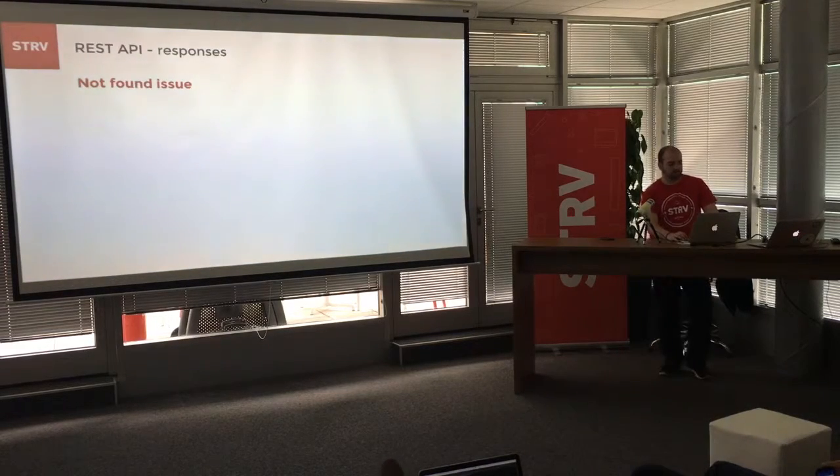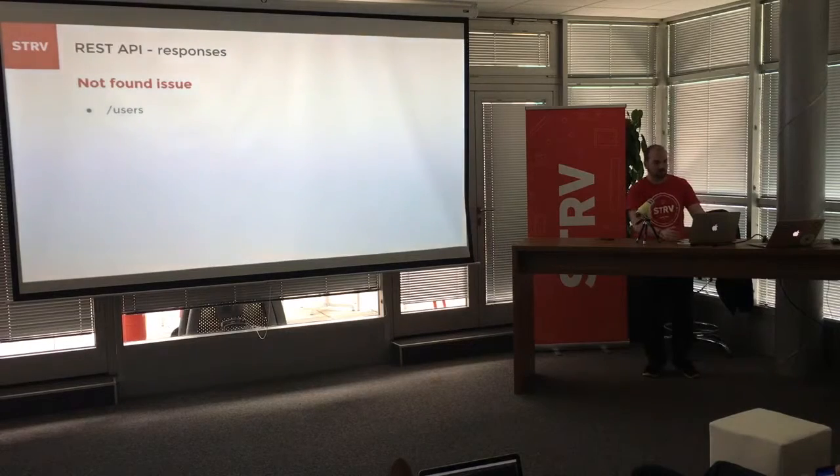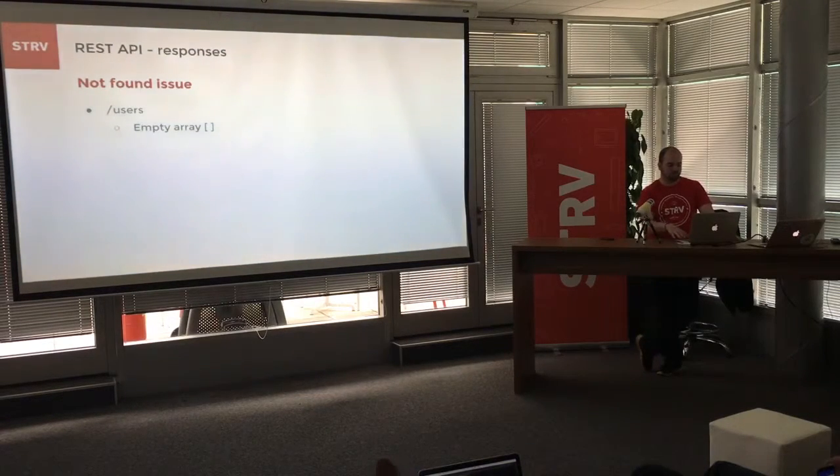Okay. Then I want to tell you about one thing. I call it the not found issue. This may seem like a really basic and logical thing, but again, I saw a lot of times that people didn't understand it. Not the first two examples, but the last one, you will see. So if I ask for the users like this, and the server doesn't find any user, we will return an empty array, not a 404. If we ask for one specific user and we do not find him, we will return a 404 not found instead of an empty object or something like this.